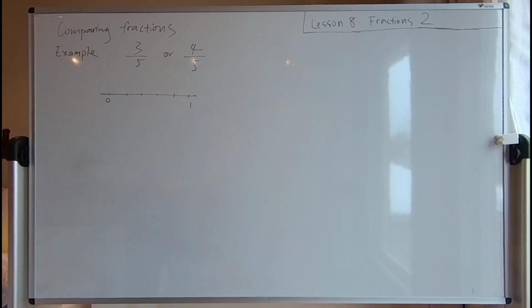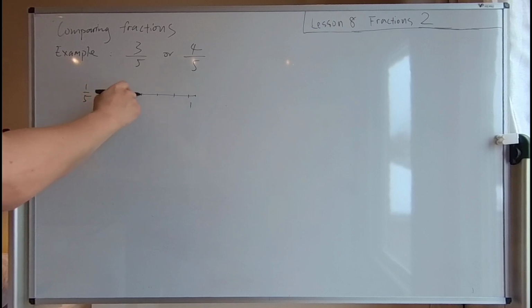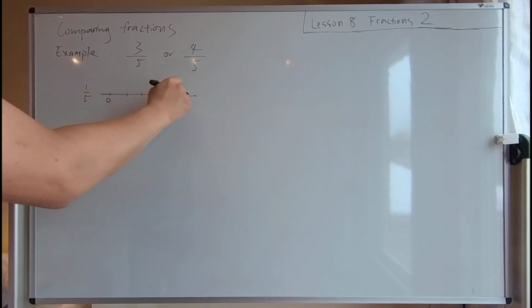Because they have the same denominator, I can split the 0 to 1 segment into 5 even parts. Each subsegment has a length of 1 over 5. So 0 over 5, 1 over 5, 2 over 5, 3 over 5, 4 over 5, and 5 over 5